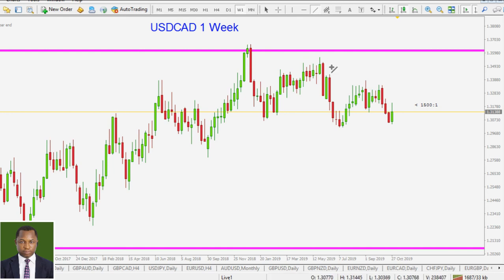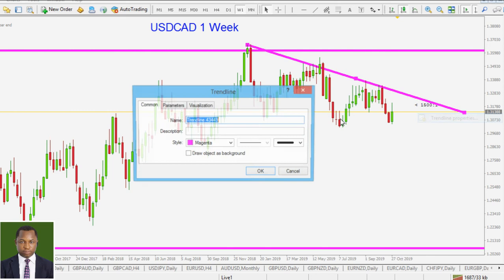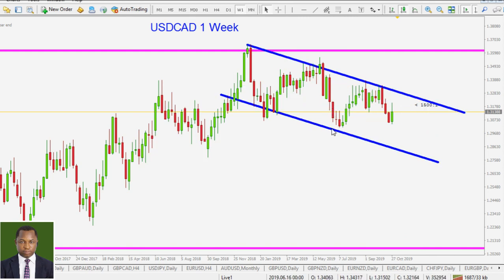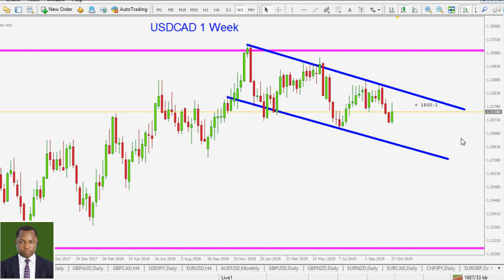Remember in the weekly time frame we had talked about that channel. Let me move this to view. Okay, we talked about the possibility of a channel formation. This is a temporary fake breakout there where price has been swinging up and down, and now the next move is to the downside. Remember, we had discussed this earlier on, and of course that seems to be playing out.